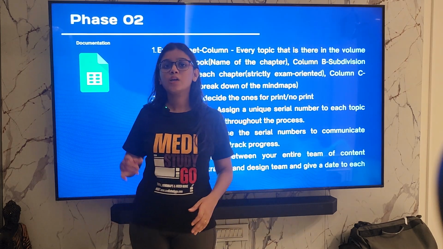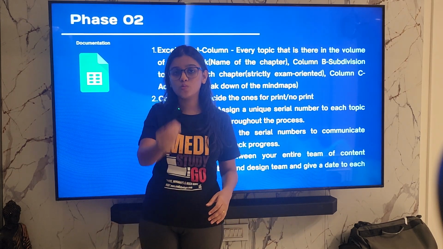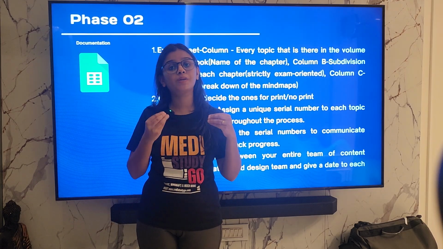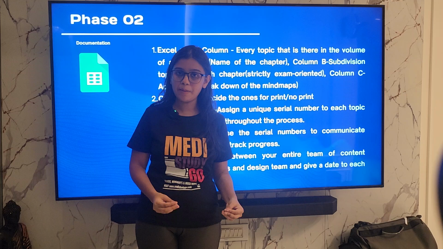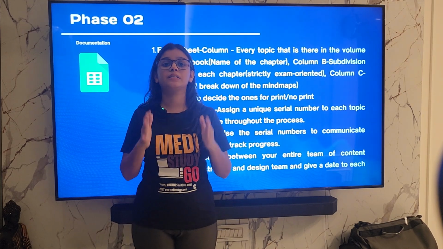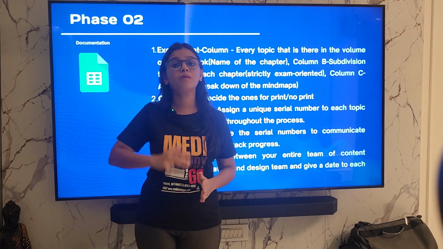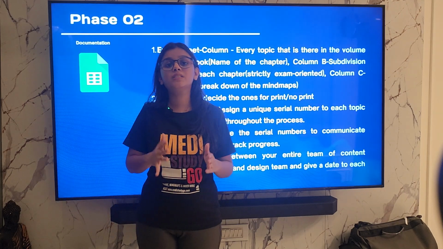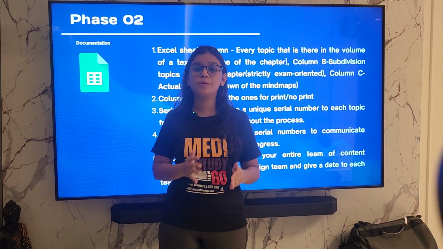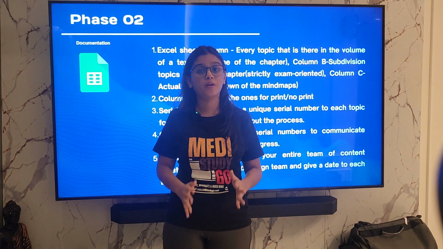In that case, you have to decide which topics you would like to have in your book as a printed version and the other ones which will be available to the students on our app, and we can constantly update that list. So the first target when we start the subject is to finish all the must know topics, which are the ones that are going to go for print. Only then will we come to the topics which are not going to be printed, which are just going to be on the app.